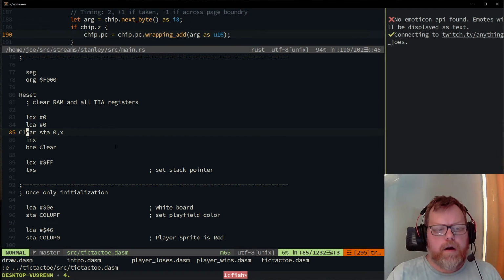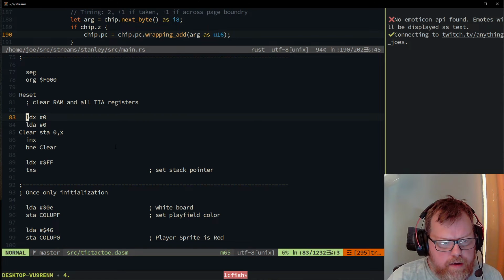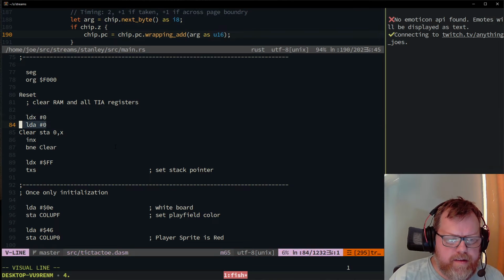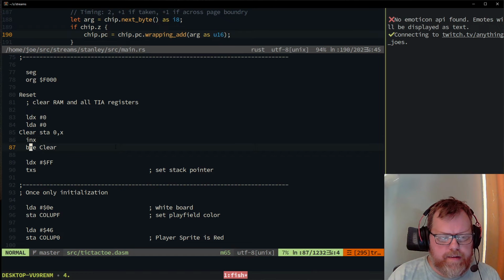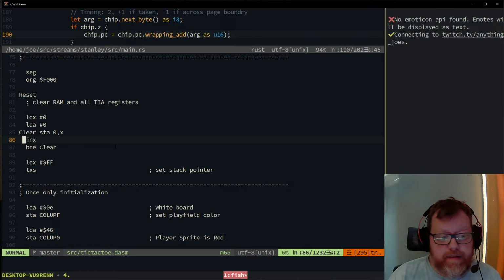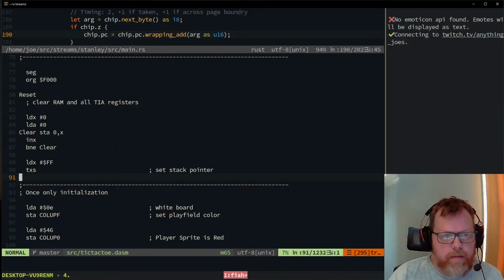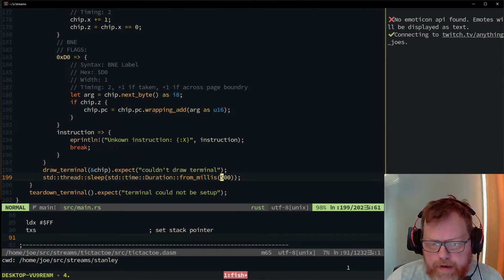Right, so we're loading 0 into x. We're loading 0 into a, which is the accumulator, and then we're storing a into a memory address that starts with 0 and is offset by x, and we're increasing x. X should go through every value from 0 to 255 before looping back over to 0. And we should be seeing that, but that should take a lot longer than just the few seconds that we're doing. So I'm going to slow this down